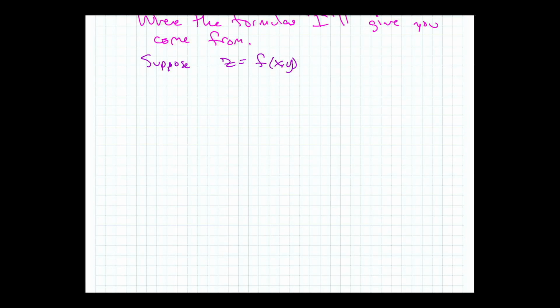And what we want is like a dy dx, but you can't just find dy dx. So they say, suppose z equals f of x,y defines y as a function of x